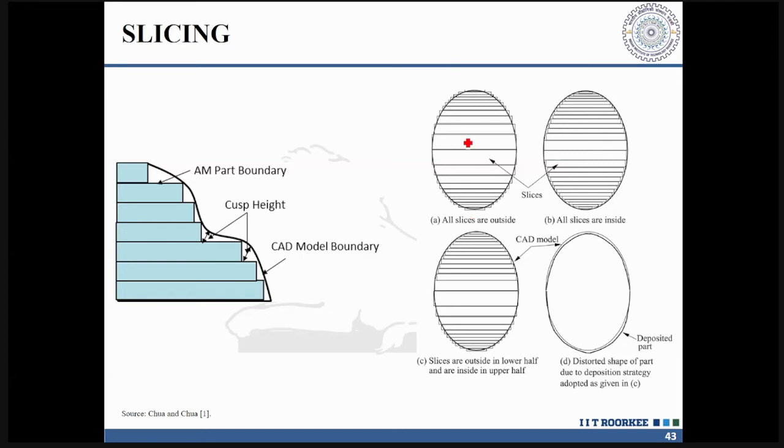Your actual is this oval shaped object, but because of the stacking outside, you are creating an oversized object. But if you do the stacking inside, you are creating an undersized object. So it also requires certain post processing. This kind of oversizing or undersizing of the object is called the containment problem. So this has to be reduced.